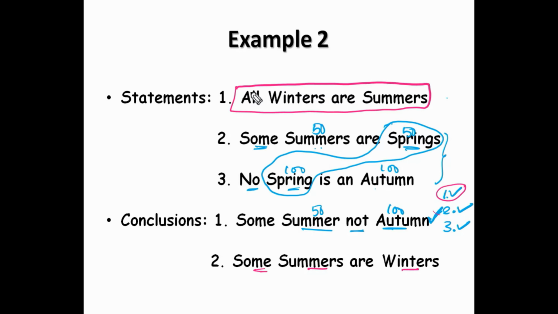And third is income and expenditure. All means we need 100 for winter, 50 for summer. We have 100 at winters and 50 at summers as income. And how much do we need as expenditure? Some means 50 and 50. Summers is having 50 income. Can you spend 50? Yes. Winter is having 100 income. Can you spend 50? Yes. So it also follows. So the answer for this question is both conclusions 1 and 2 follow.